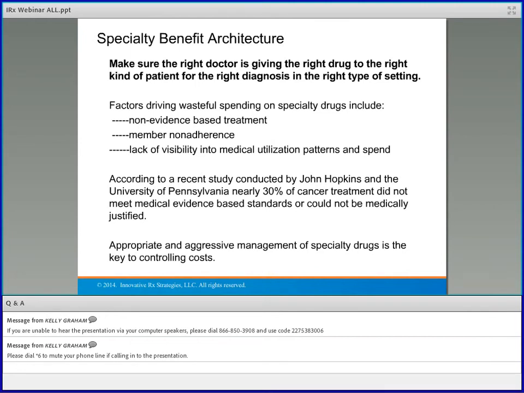And also the next thing is the lack of visibility that sometimes plan sponsors have into the medical utilization patterns and spend. I know a lot of times, for example, PBMs have gone out and bought infusion centers. Well, that's great if you move it to the infusion center, but if the infusion center is not communicating with the patient's doctor, and the doctor's in the dark about what the member is getting in terms of infused therapy because of a specialty drug, then it doesn't do them any good, and you get a lot of replication and really not knowing if the medication is working for that particular patient. So the bottom line is really making sure that the PBM and the medical plan are on the same page and working in your best interest.